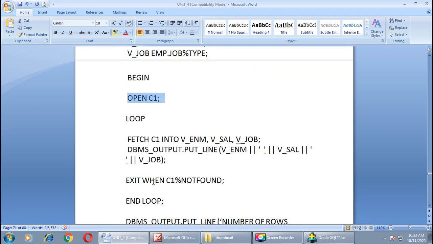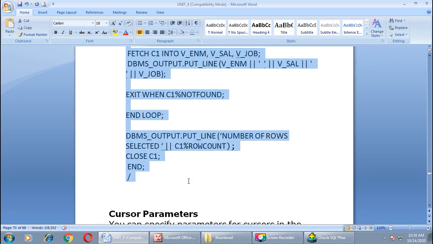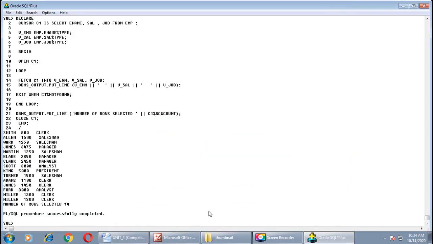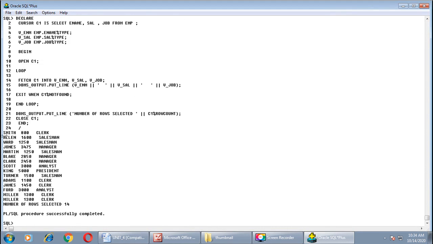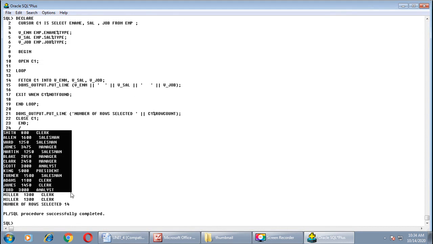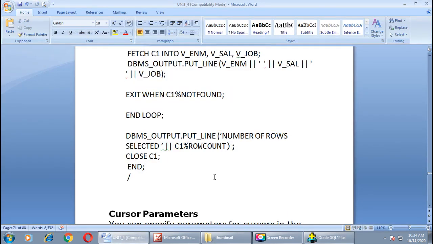Now you can run this program. Copy this content and switch back to the SQL window, paste it over here, and you will get all the data on the screen. Okay, and the number of rows selected, 14 rows are selected. So this is an example of an explicit cursor.